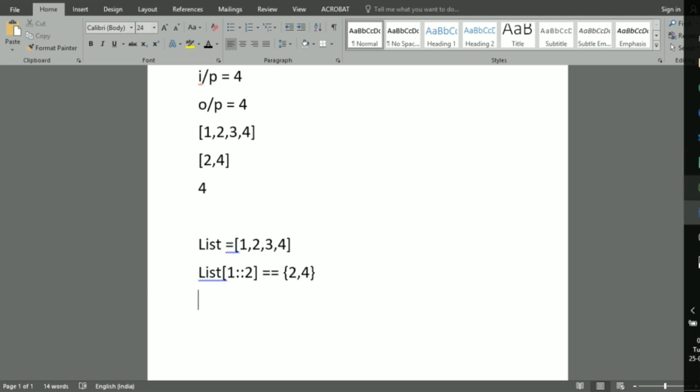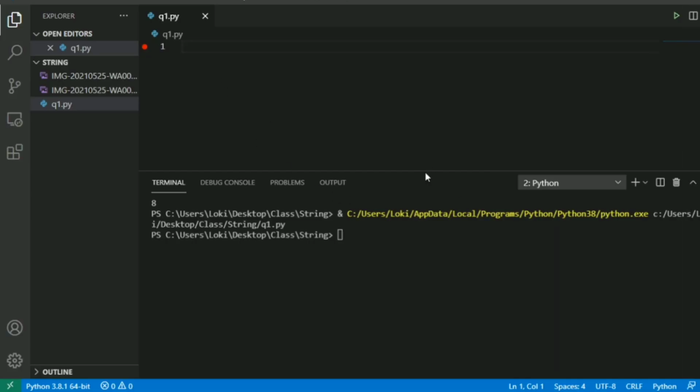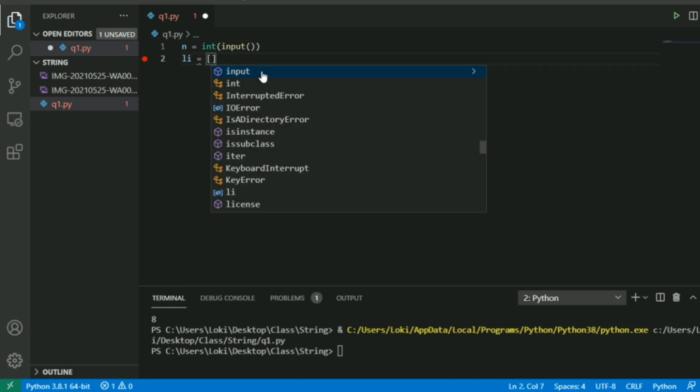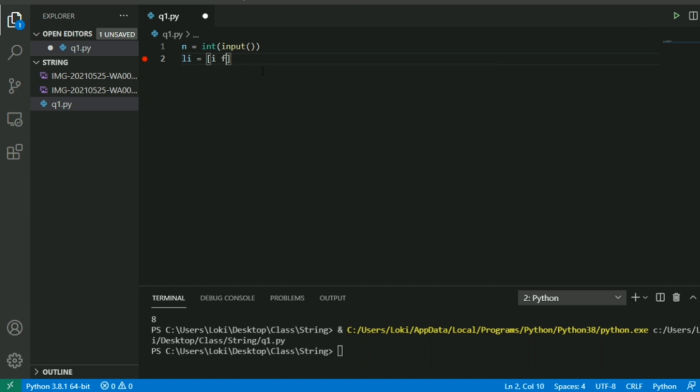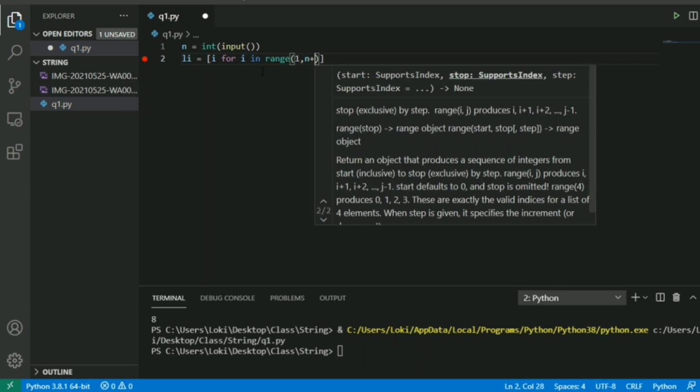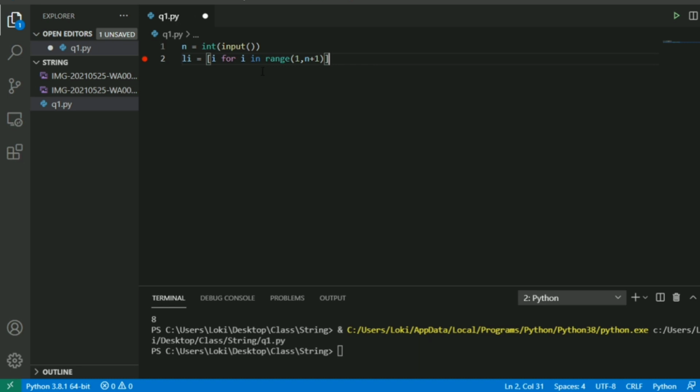So let's see how to do this in code here. First I will get the input from a user, that is an integer value. After this I need to add elements to a list. So how can I do that? I am introducing a new method to add elements to a list here, that is for i in range of 1 to n plus 1. I think those who are following my coding preparation series have not noticed this line of code until now. I will explain this line of code here.